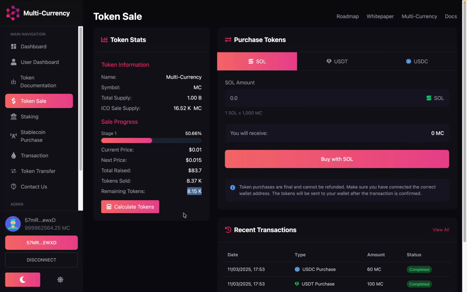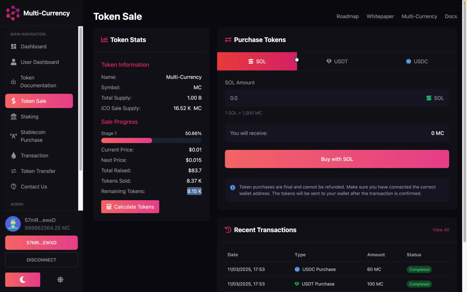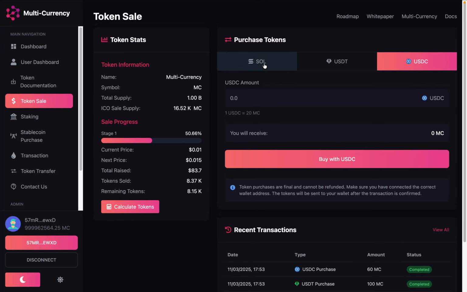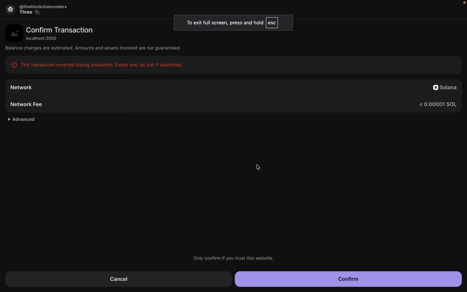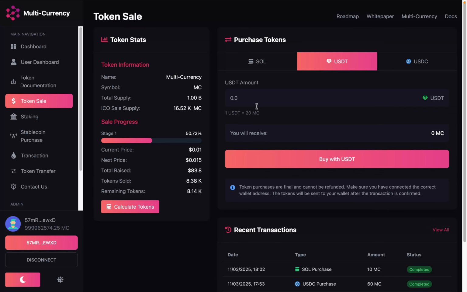In this project, you're going to build your first ever, the most advanced ICO DApp with multiple payment options. So user can buy your token using SOL, USDT and USDC. We'll have a dedicated dashboard for the user and the admin to control the entire smart contract and call all the relevant functions. User can simply refer users, they can stake their token to earn the reward into this particular